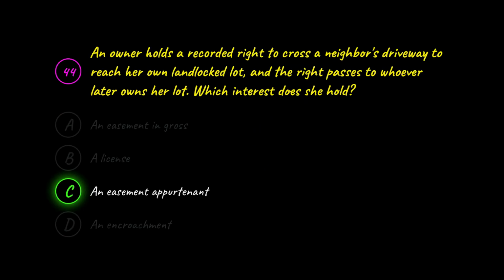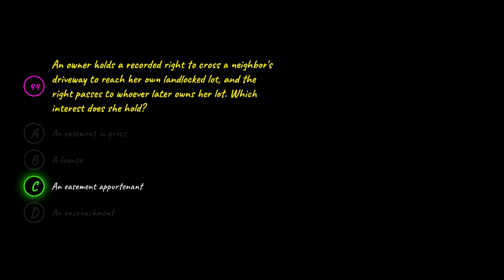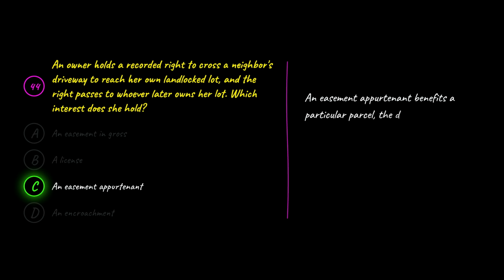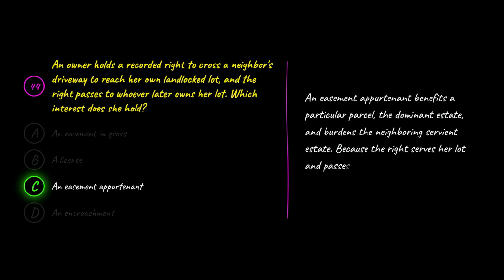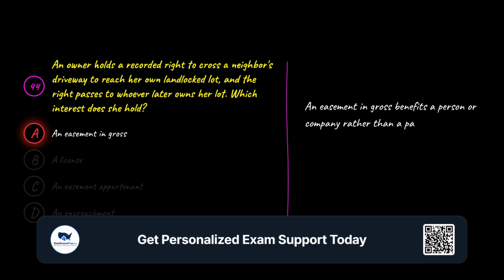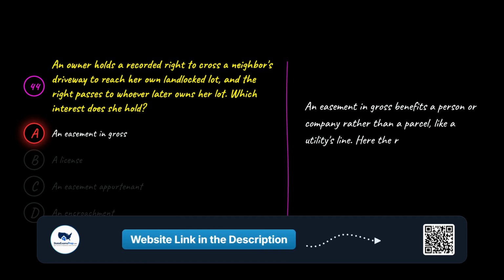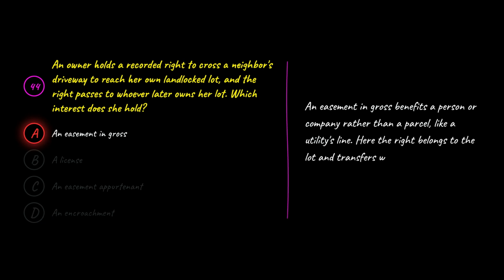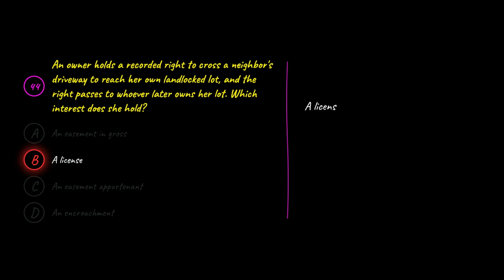The correct answer is C. An easement appurtenant. C is correct because an easement appurtenant benefits a particular parcel, the dominant estate, and burdens the neighboring servient estate. Because the right serves her lot and passes to future owners of that lot, it is appurtenant to the land. A is wrong because an easement in gross benefits a person or company rather than a parcel, like a utilities line. Here the right belongs to the lot and transfers with it, which is the hallmark of an appurtenant easement instead. B is wrong because a license is revocable permission that does not run with the land